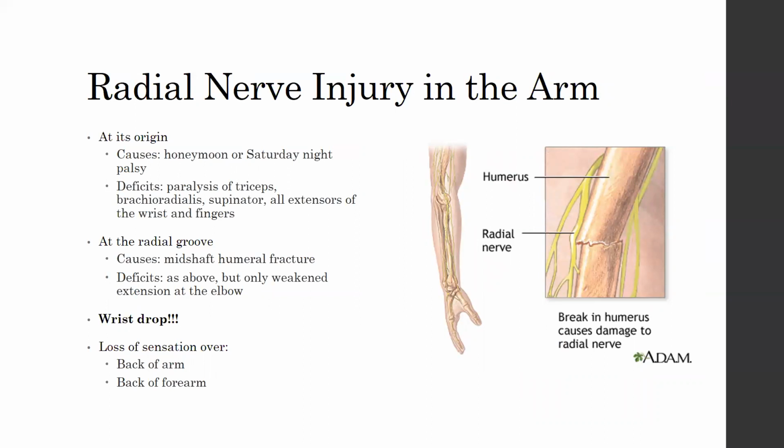At its origin, basically in the armpit, you can get honeymoon palsy, which is sleeping on someone's arm or someone sleeping on your arm, or Saturday night palsy. Apparently it's when you fall asleep in an armchair on Saturday night and your arm rests against the armrest. I don't know what you guys do on Saturday nights, but the deficit you'll get if you injure it in the axilla: